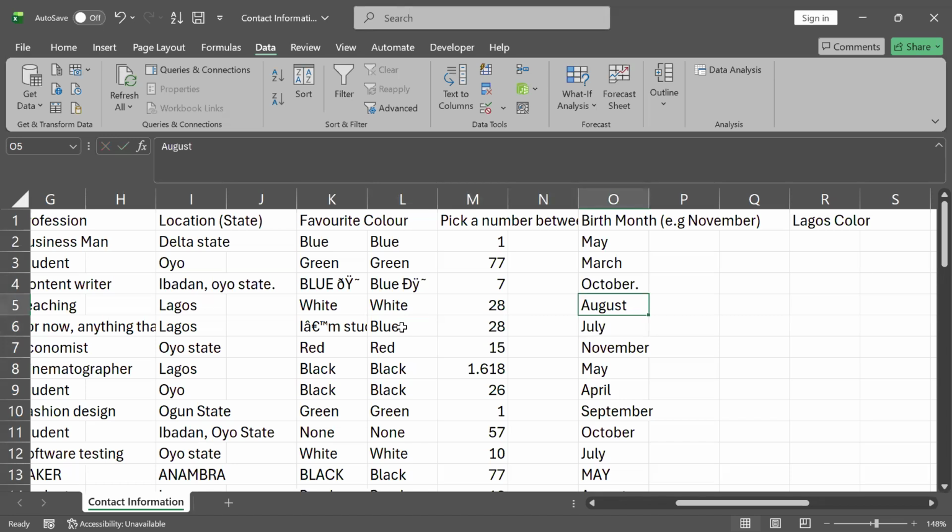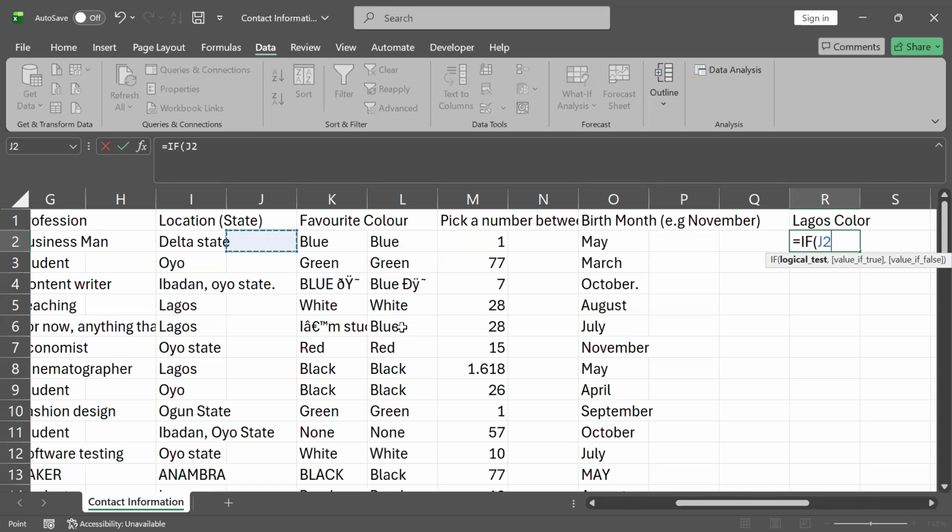But how do you determine those people that are from Lagos and get their color? This is how to do it. You use what we call the if function. How does the if function work? It will be equal to if, statement. It is a logical statement. If this state here is equal to,